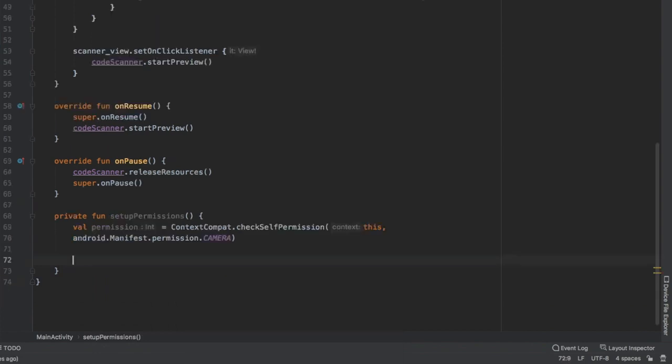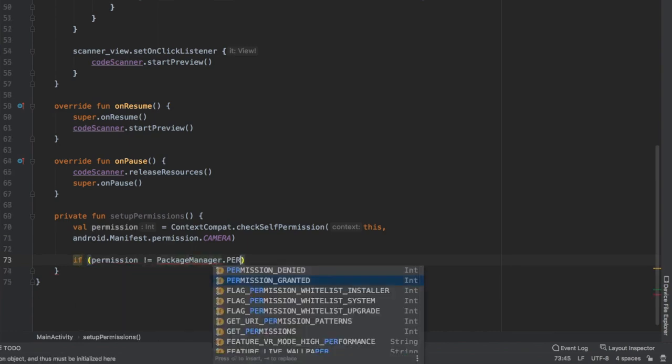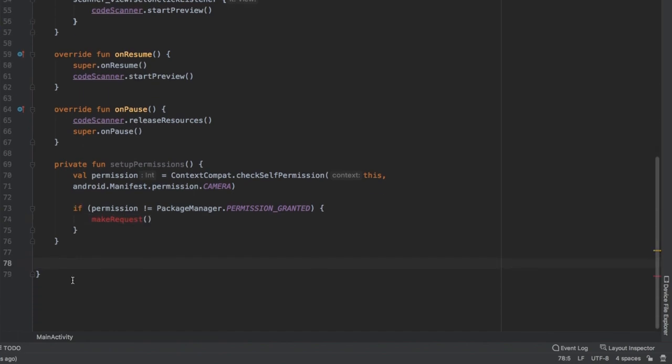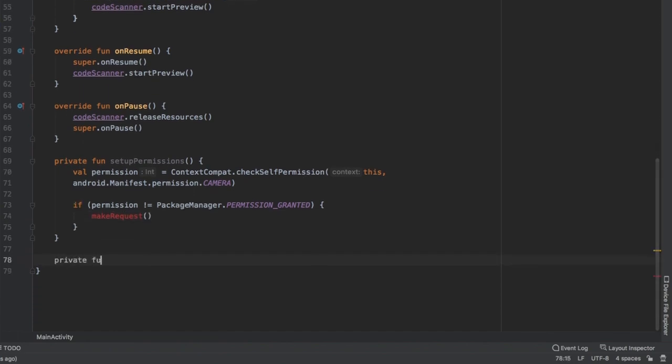android.Manifest.permission.CAMERA. And right below, we have to write the check that tells us exactly whether the user has accepted it or not and what to do depending on their action. So let's type in if permission is not equal to PackageManager.PERMISSION_GRANTED, then we are going to ask them to make the request. So we're going to create a new function which is called makeRequest, and we will take care of this error immediately below. So right below down here, we can do private function makeRequest, and inside we're going to